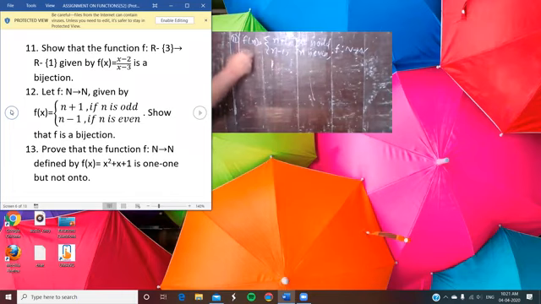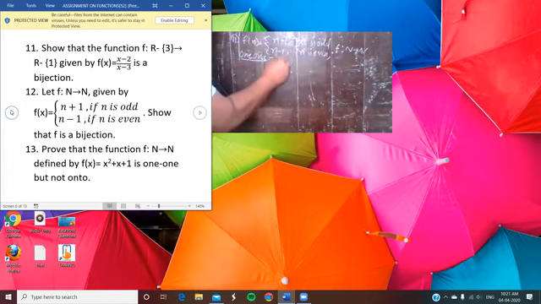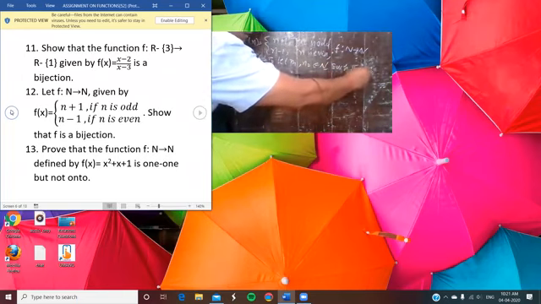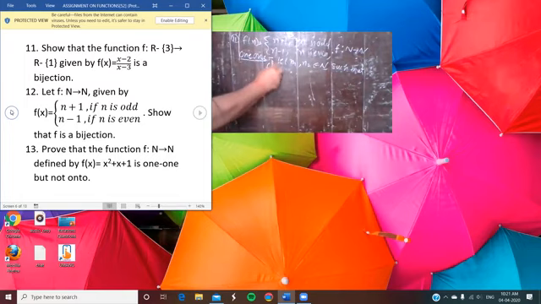First of all, we try to prove it is one-one. For a one-one function, you have to take two distinct numbers from the domain. So let n1, n2 belong to the natural numbers such that f(n1) is equal to f(n2). Now here you have to take 4 cases. So in the first case,